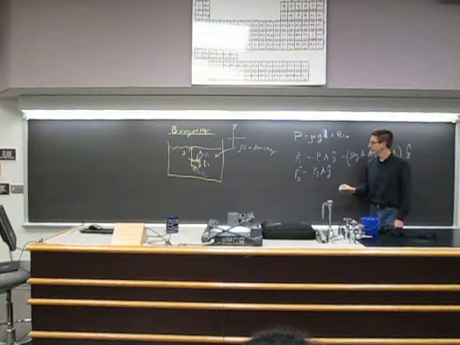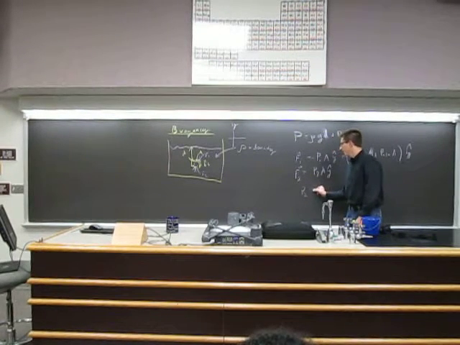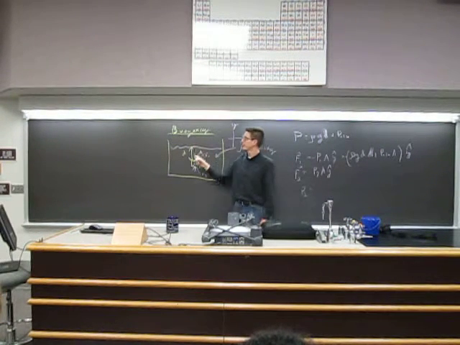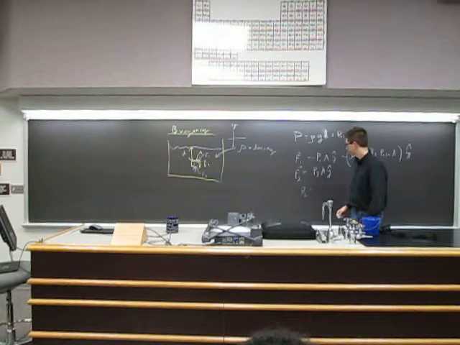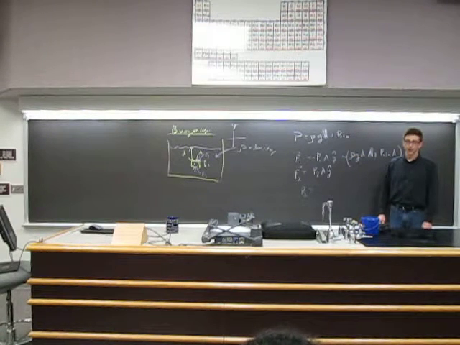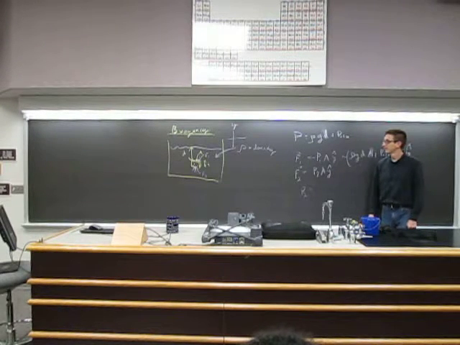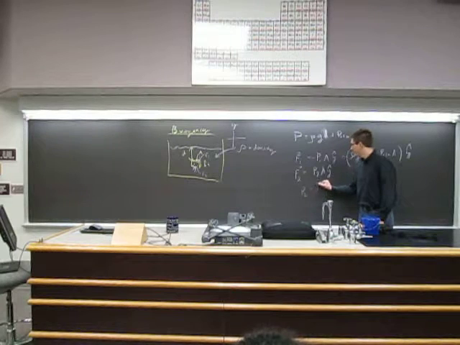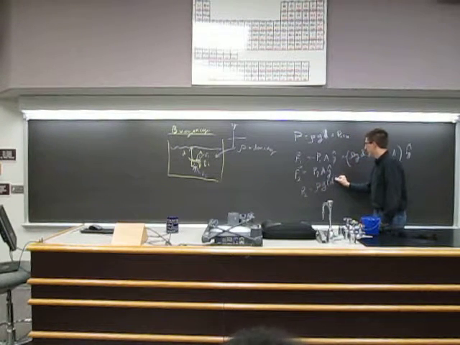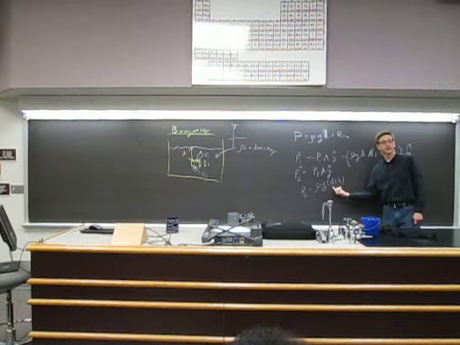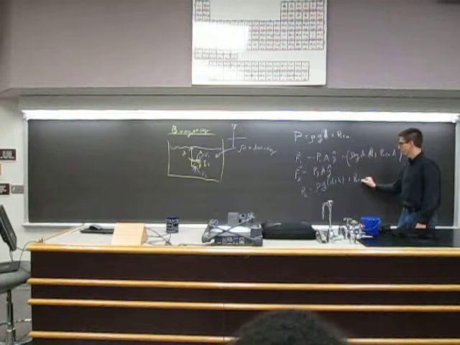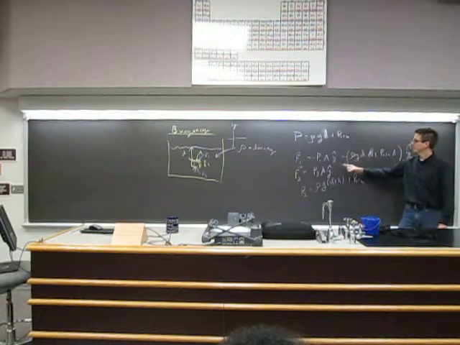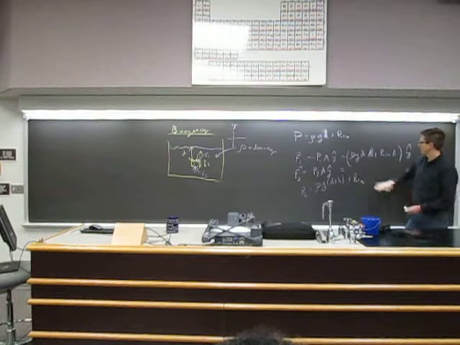Now, P2 is slightly different because instead of just being a depth D, it's a depth D plus H. Do we also have to include P atm on the bottom? Yeah, if we want to be consistent, you'll see that it all subtracts out. So this would be rho G times D plus H, because now that's the depth, plus the atmosphere. Okay, so I'm going to substitute that into here. And I'll get